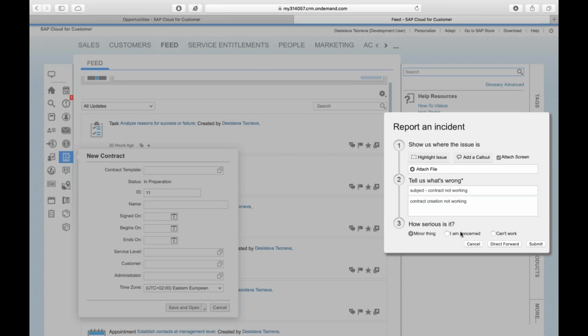And the priority of the incident. Can't work being the most serious one. You can even highlight something in the attachment if you want to. You can add captions and so on. I'm just going to submit the incident right now.